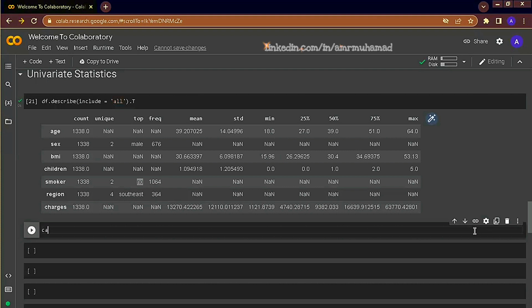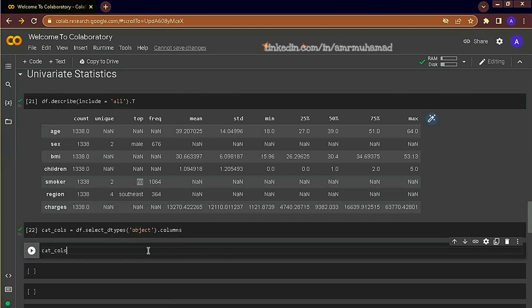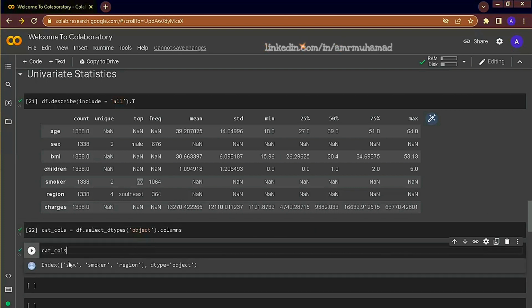We'll start by first separating the categorical from numeric columns by using the select method. And the object here refers to all the columns being referenced as a string. Object means string in pandas. Dot columns. And let's look at cat columns. It captures the gender, smoker, and region features.